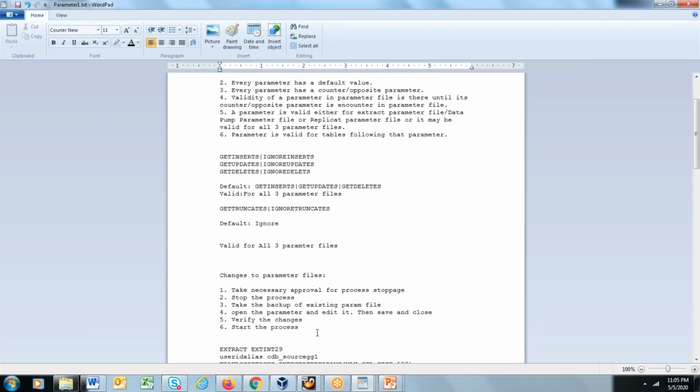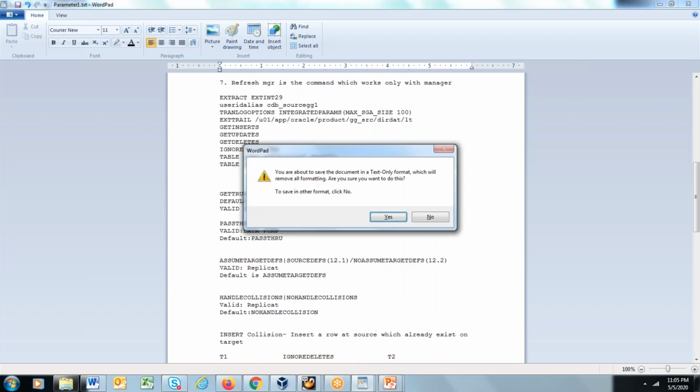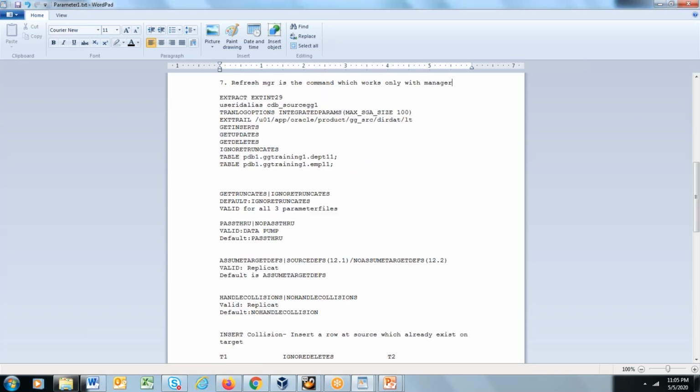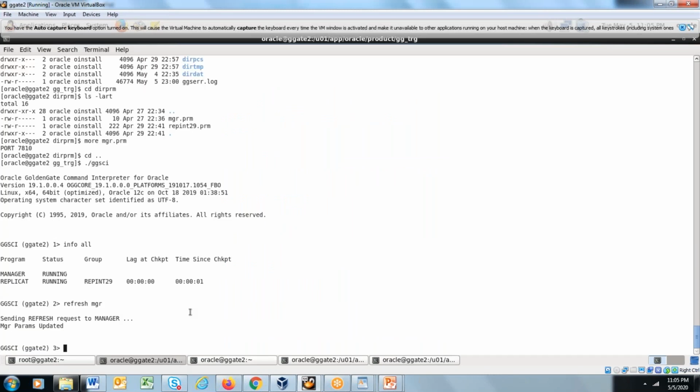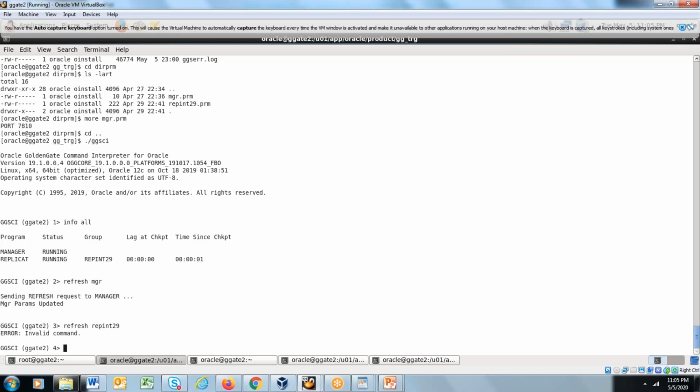Let me write it, this is really very important. It does not work with any other process. So say, for example, if I have to refresh REP-INT29, it does not work.